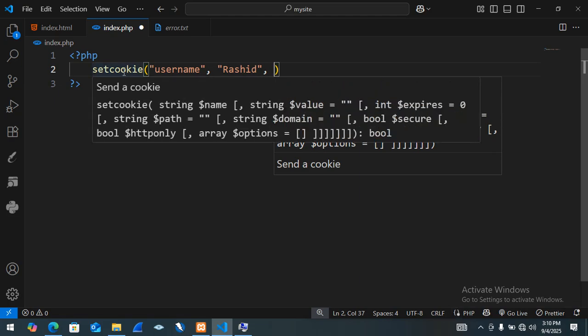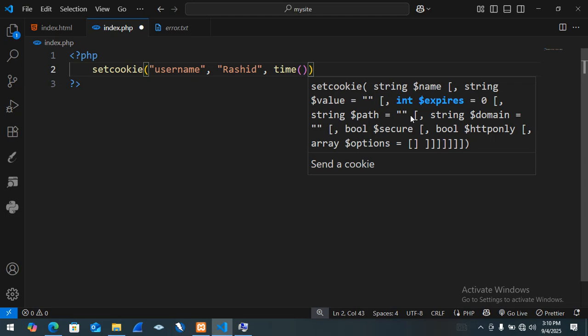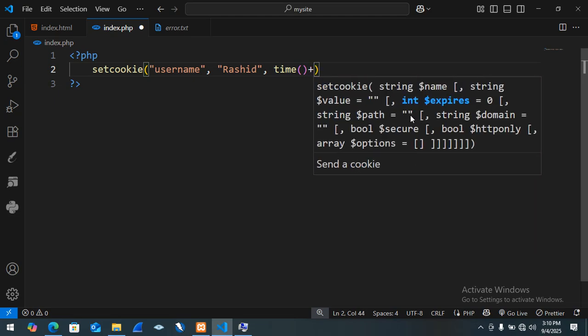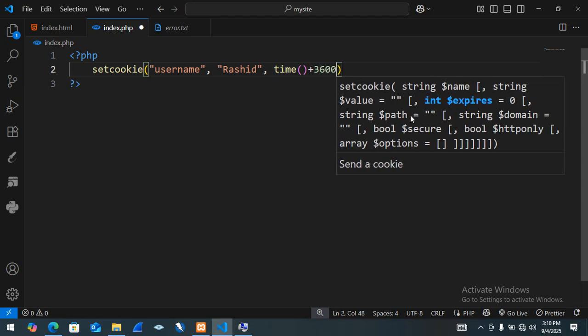When we hover over it, as you can see here, we need to provide the expiration time. So here we are going to use the time function. The time function is going to help us convert, okay. After that, we need to provide the time in terms of seconds. In terms of seconds, we want it to last for, like, 3 seconds. Let us put 1 hour there, okay. So after doing that,